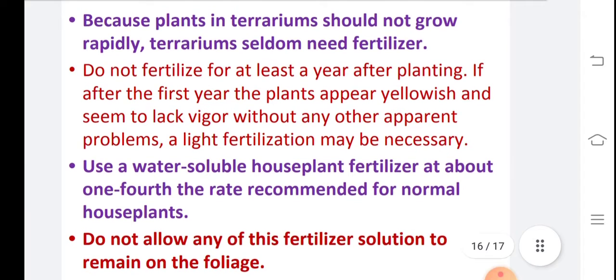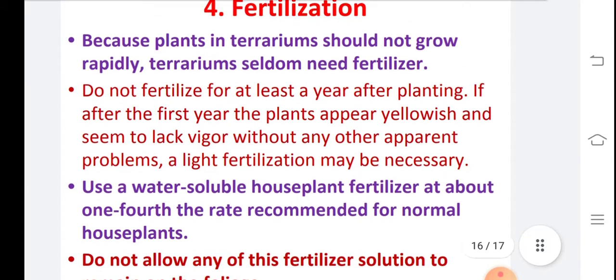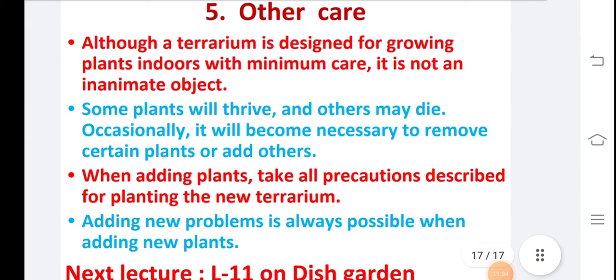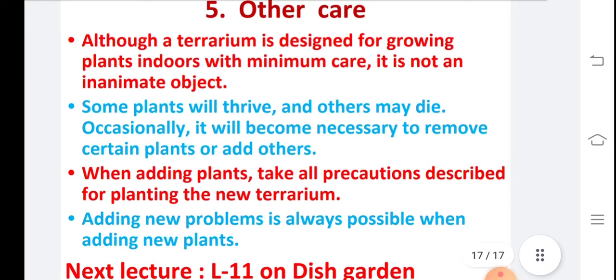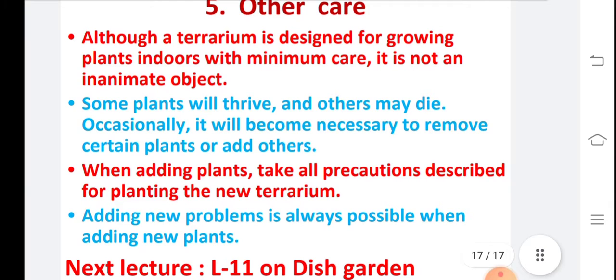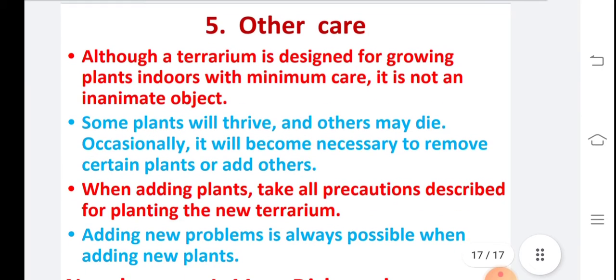It creates more heat, and it may show more growth of the plant. Then next, other cares are there. For terrarium designs, there are different glass structures, and generally we have to use the plants. Some plants may die, so remove the certain branch or part very carefully and keep the rest as it is. So this is the total about the terrarium, so you remember this properly.